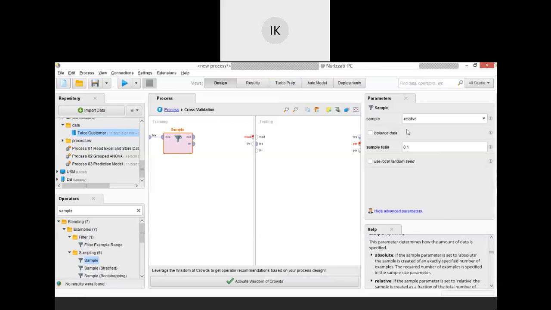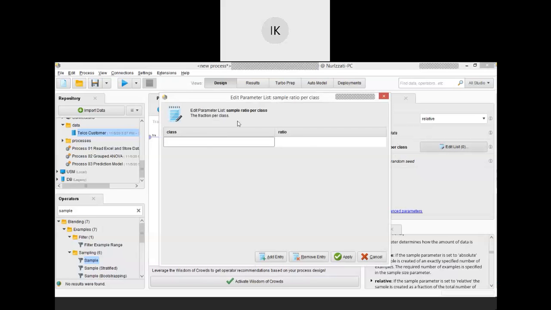In this case, we will use relative and then click on balance data. And you can see that on the relative, it shows you the sample ratio per class. You click on edit list to edit the sample ratio per class. In this data set, we have two classes, which is true and also false